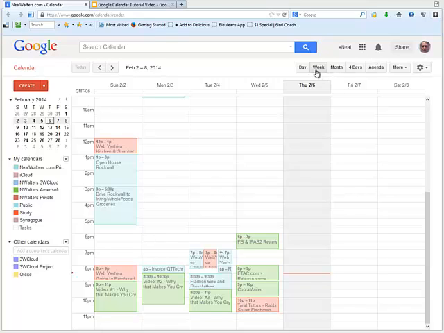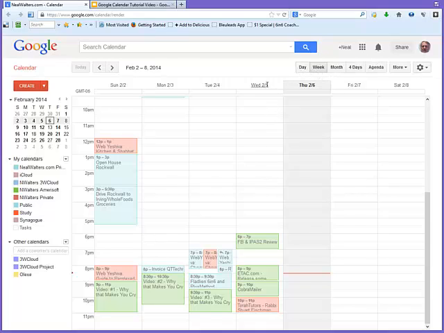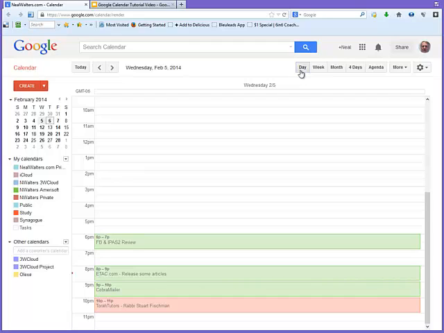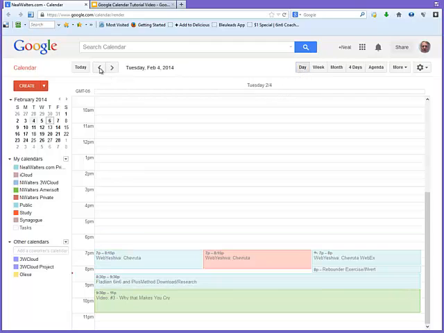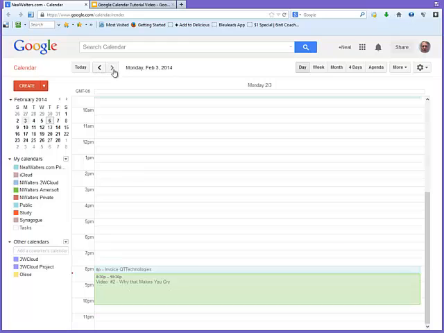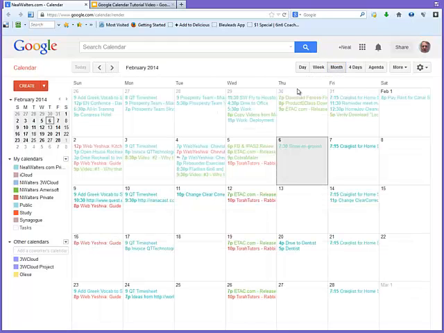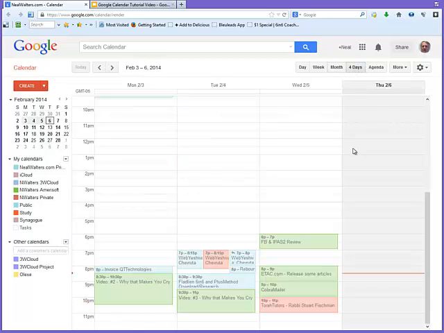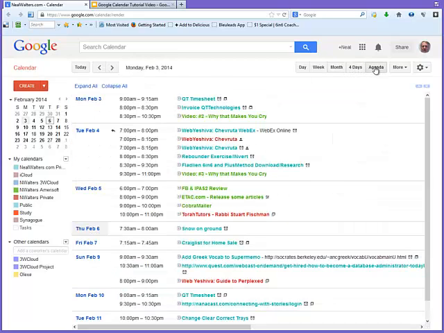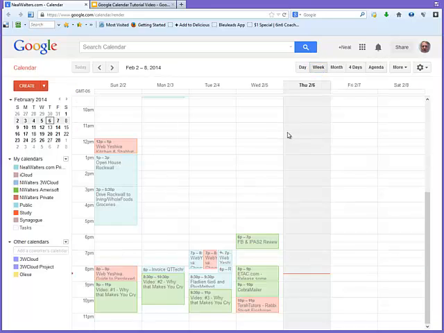Now right now I'm going to be in week view, and I just want to point out we can go to Wednesday, for instance, and now we're in day view. I can go back a day, and I can see one day at a time. Or I could go to month view, see a whole month at a glance, and then I can see 4 days at a time, kind of side by side. And then you have an agenda mode where you can see what are your appointments for today, so you could print out and take to a meeting with you and make sure you don't miss anything. But again, with your phone these days, that tends to take the place of that. So here's the week at a glance,